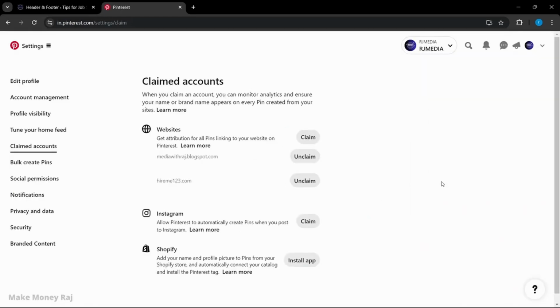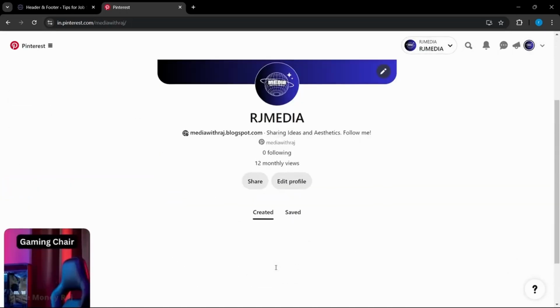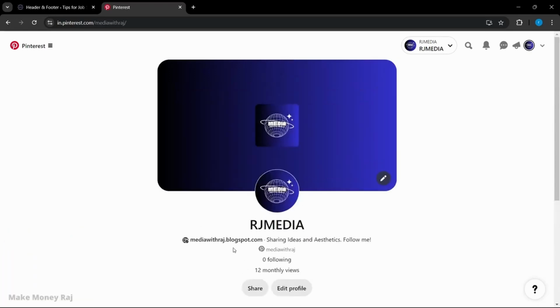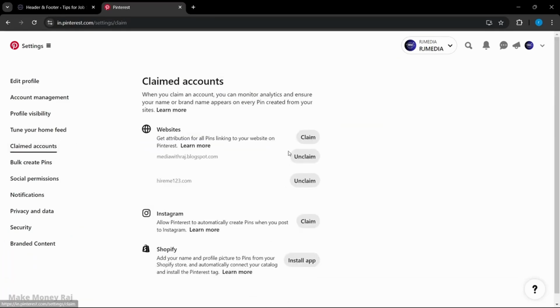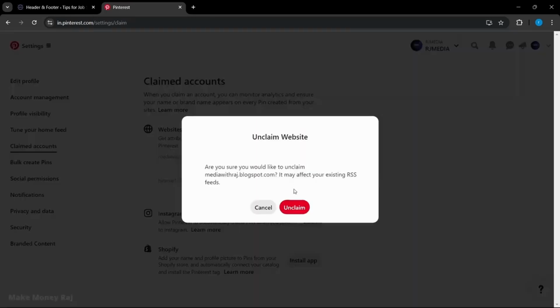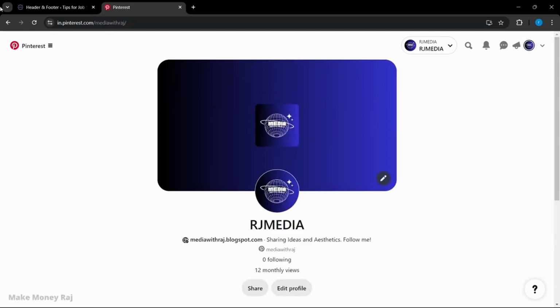To track conversion, how well ads... okay, we don't want this. That's it. Now if I actually head over to Pinterest, you can see... Now let me take this. Claim this account. We can unclaim this one, unclaim this, and we already have claimed army123.com. And if I refresh this, you should be able to see